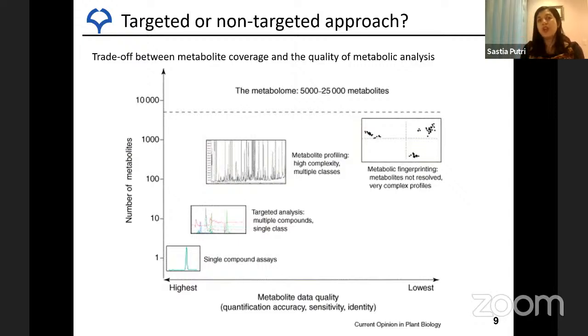As you know, there will be a trade-off. It's a give and take relationship between the metabolite coverage and the quality of metabolic analysis. If you aim to analyze non-targeted metabolomics, it's like metabolic fingerprinting. You analyze as many as you can and consider all of the features, then probably you have low data quality. That means you have low quantification accuracy because you're measuring so many different things. You have probably low sensitivity because you have to cover so many things. And most importantly, you have low identity because it's not possible for you to do metabolite annotation of over